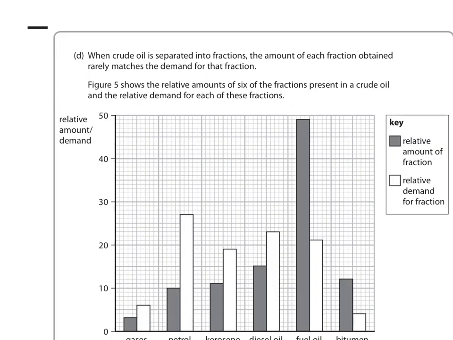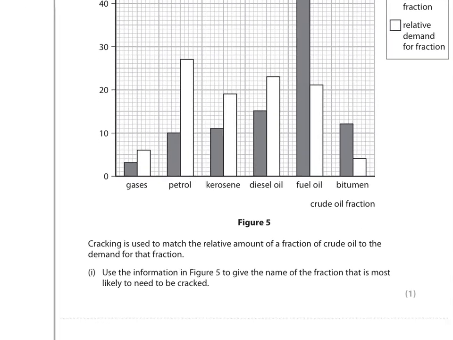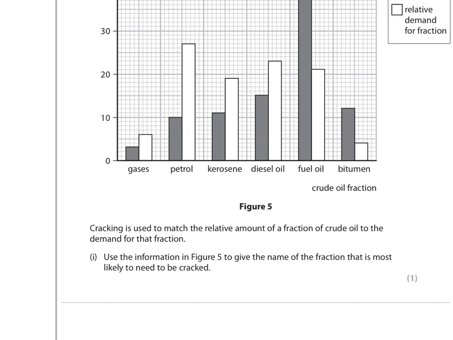Part D says crude oil is separated into fractions. The amount of each fraction obtained rarely matches the demand for that fraction. Figure 5 shows the relative amount of 6 fractions obtained from crude oil and the relative demand for each of these fractions. It then says cracking is used to match the relative amount of a fraction of crude oil to the demand for that fraction. Use the information in figure 5 to give the name of the fraction that is most likely to be cracked. Well, cracking turns long chain hydrocarbons into short chain hydrocarbons, so I'm only going to crack these